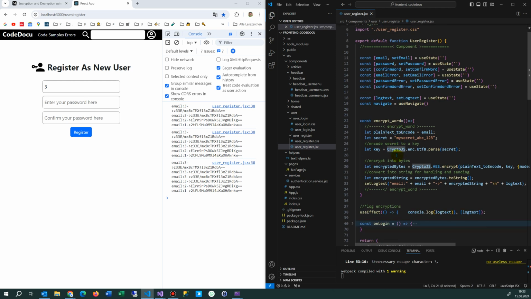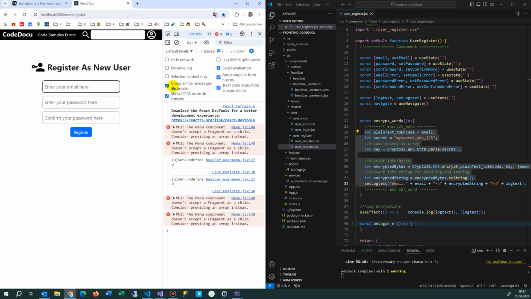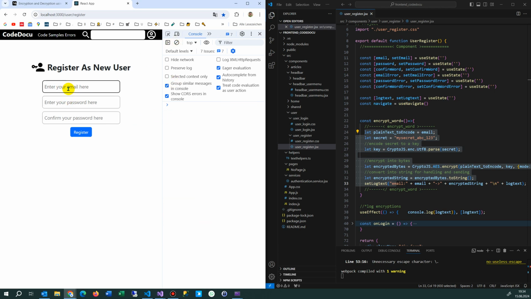CryptoJS.AES.encrypt, and I'm encrypting words, the email and the password in this. So this happens when I'm starting this one. Green again. For example, if I want to encrypt my email, then here I will see that the email is encrypted, the E is encrypted to something else. So then if I would say some XXX and maybe a password, an add-on,